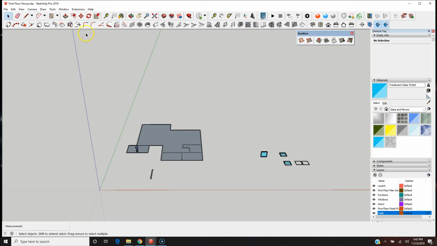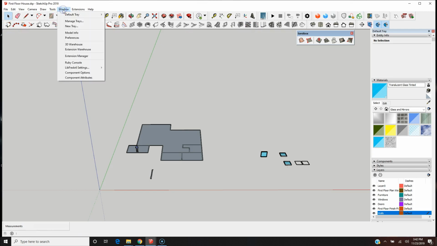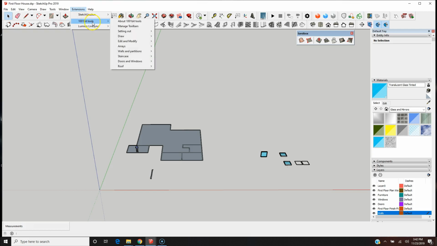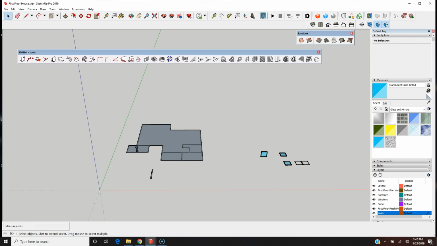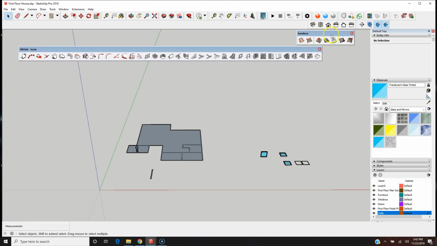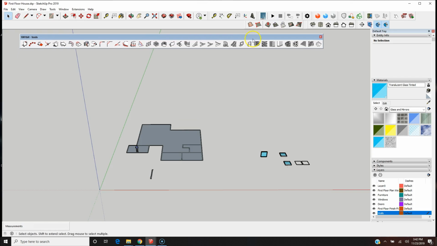Next, I want to show you this extension. This is called 1001bit Tools, and it is located right here. It already comes with its own bar. It's a pretty significant tool. I just started messing with this and I kind of figured out a few things. I figured out that you can make 3D walls, and